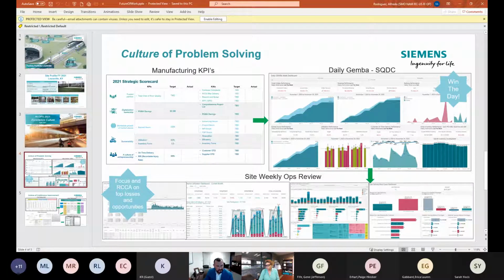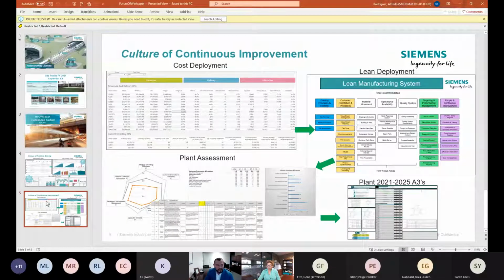You have inventory dashboards, on-time delivery dashboards, utilization dashboards, you name it, that at the simple click of a button let us understand exactly what the top drivers are and what the losses or things are that we need to focus on in the factory floor to ensure a positive outcome, right? You take that, which is the culture of problem solving that we're driving very hard on a day-to-day basis, and that allows all of us to develop more of that growth mindset that we're after, right? But we also know that the other half of the equation is creating a culture of